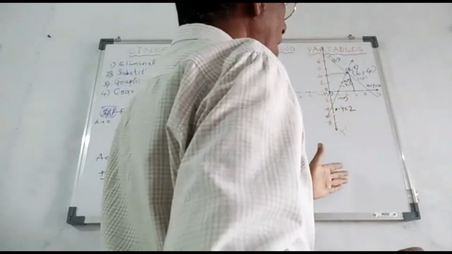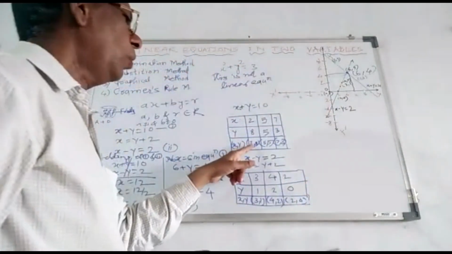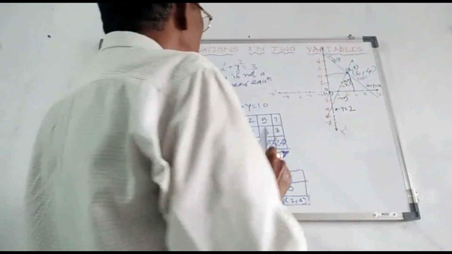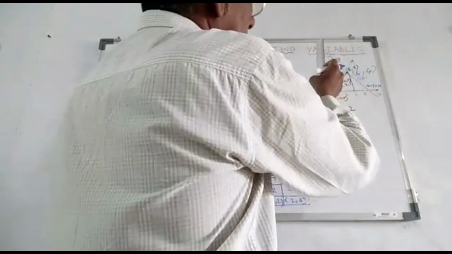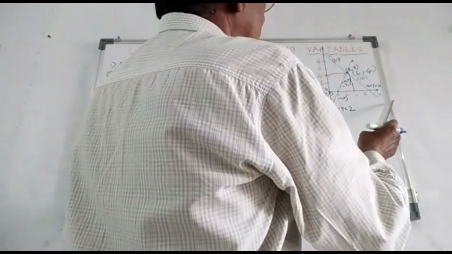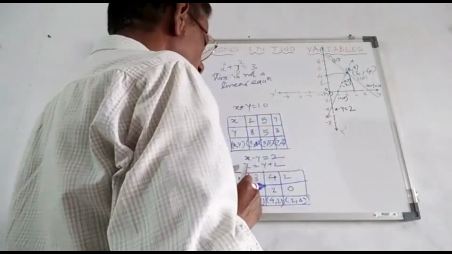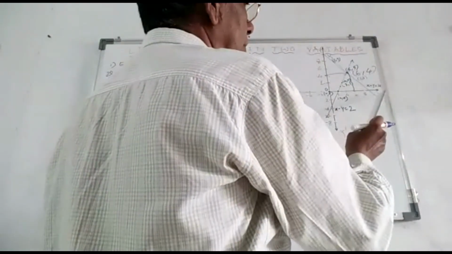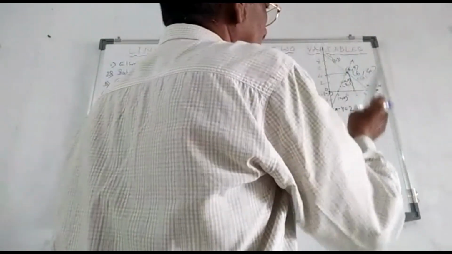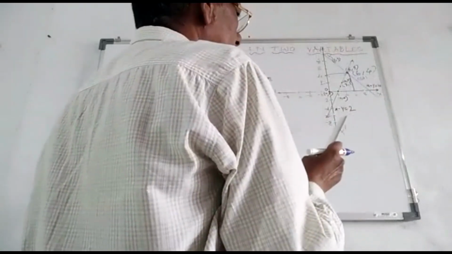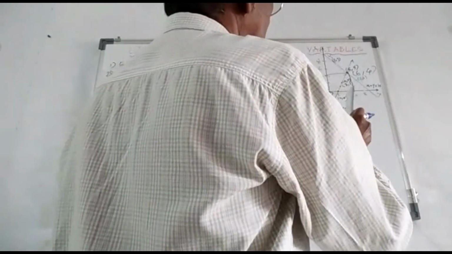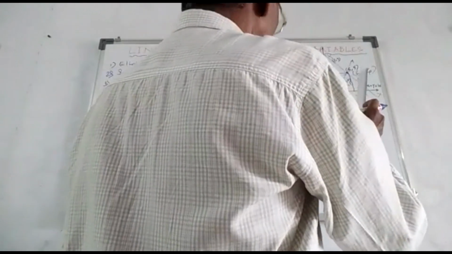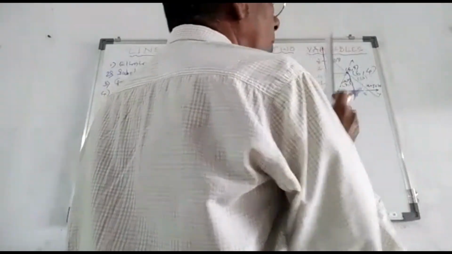Similarly, on the y axis, locate these points and draw the graph. Then similarly, this is the graph of the line x plus y equal to 10, of this equation. Similarly, the graph of x minus y equal to 2: see these points, 3, 1, 4, 2 and 2, 0.